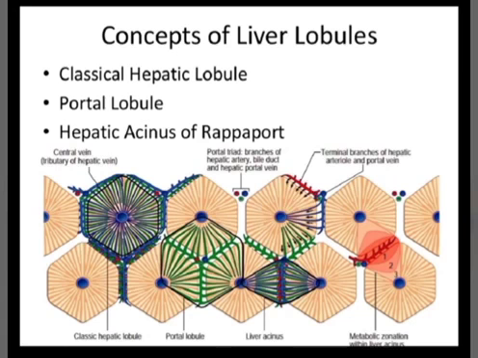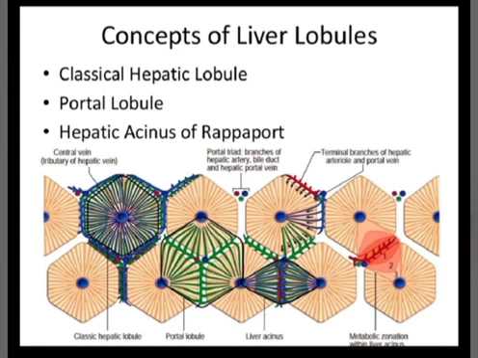The portal lobule has at its center a portal area and consists of tissues draining bile into the bile duct of that portal area. Can you see this triangular area? This triangular area has the bile ducts at its three corners. Such a lobule is triangular in cross section, contains parts of three adjoining hepatic lobules, and a central vein is present at the periphery at each of its three corners.